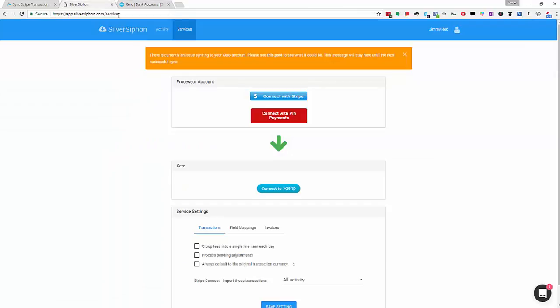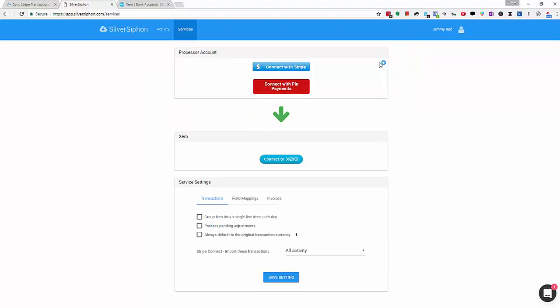At this point, I assume you have created an account at silversiphon.com, then validated your email address and logged back in. So at this point, you might see a sort of getting started wizard here with step 1 of 4. That doesn't really matter. You can just go ahead and click services up the top and you'll get dropped in right at this page, and you can close this message. It doesn't matter at this point. So we're going to click connect with Stripe,